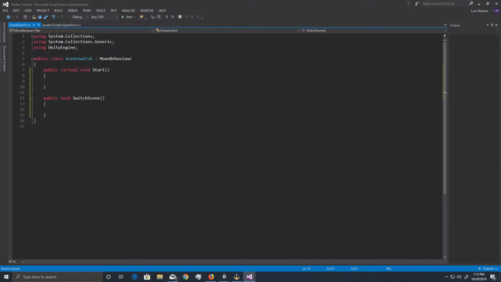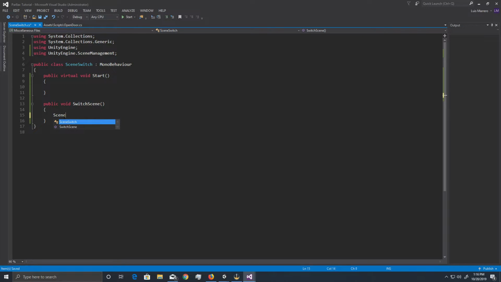Now within here, all you want to do, actually right up here under using Unity Engine, you want to do using, since we'll be using the scene manager, so you want to do using UnityEngine.SceneManagement, like that. And yeah, for some reason my autofill is not working correctly. That's okay though. So let's go ahead and do scene. Okay, so within here, you want to go ahead and do SceneManager.LoadScene, and then